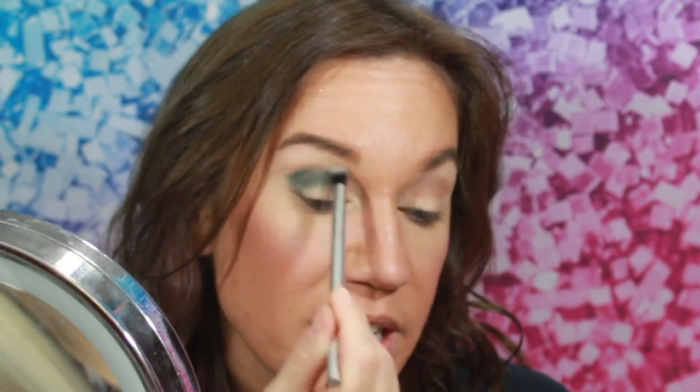Go in with this Referral brush. It's a blending brush. It doesn't have a name or a number. Really what you're going to do, don't add any color, just blend these two. You can use back and forth motions, you can use circular motions, but blend those two colors. If you feel like you need to add more pigment, you totally can. Just add it slowly. Go back in with that brush I used for the green, dip back into my green,